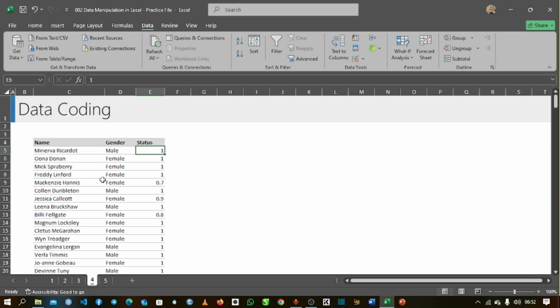Next, we will look at data coding in Microsoft Excel. We will look at how to code data from figures to letters, like from numbers to letters, and how to code data from